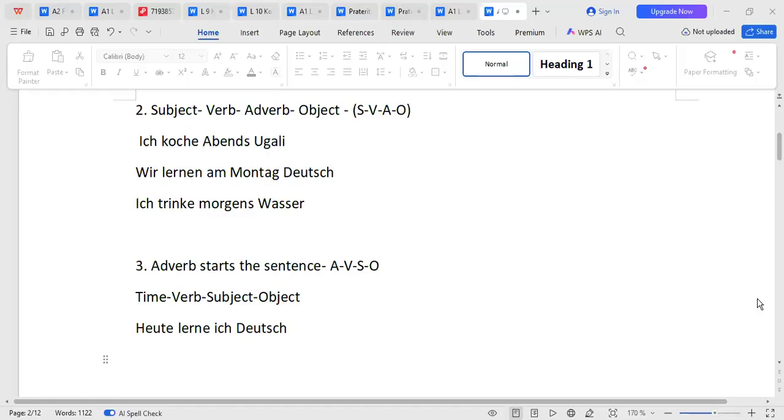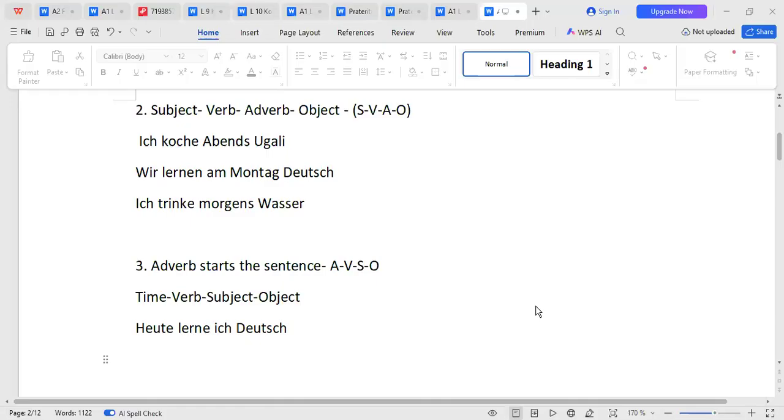Very good. Some people are not correct. Let me see others try sentence construction. Let us try, all of us. Let us try and see everybody. I like participation because I want to see that we are going together. We are all learning together. That is what I want to see. Heute lerne ich Deutsch. Good. Anybody want to? Susan? That is very good, Susan.